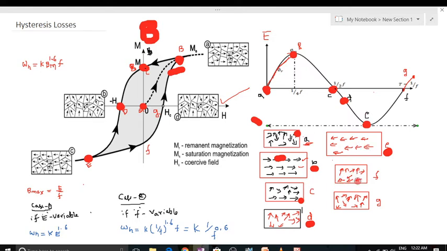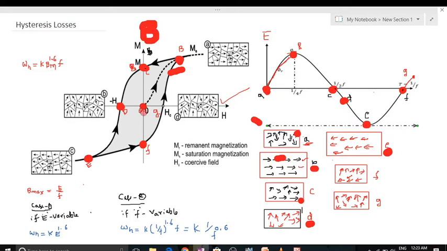Look at the bottom. So these domains are in this direction, right to left. These domains will remain stationary, in the same direction, due to the retentivity property of the material. So at point F, look at this one. At point F,